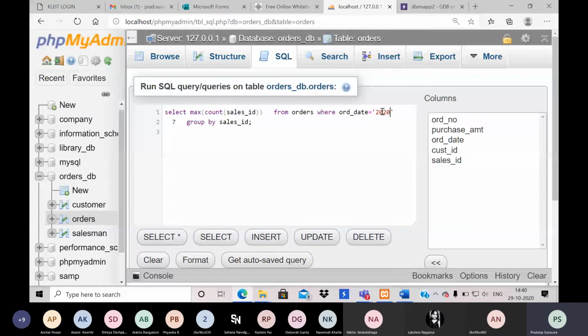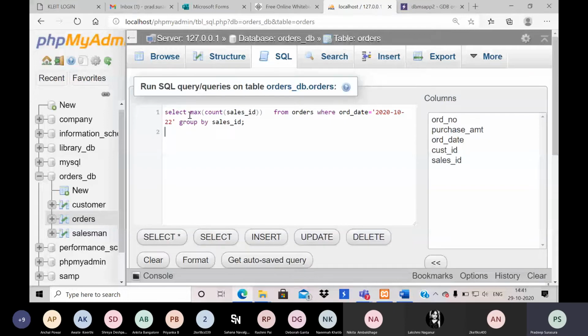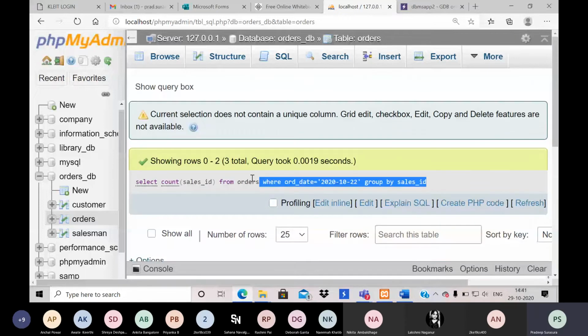So this was the query I executed. This certainly executed with 4 values. I removed the font like this. So when I execute this, it certainly executed without any problem.